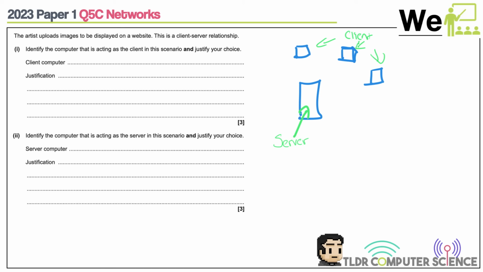In this case, the scenario is the artist uploads images to be displayed on a website. This is a client-server relationship. Remember, essentially, websites are just remote computers, aka computers that aren't necessarily next to you, where they'll be hosting all the images and HTML text, etc. for that website. When you go to a website, you type in a URL,